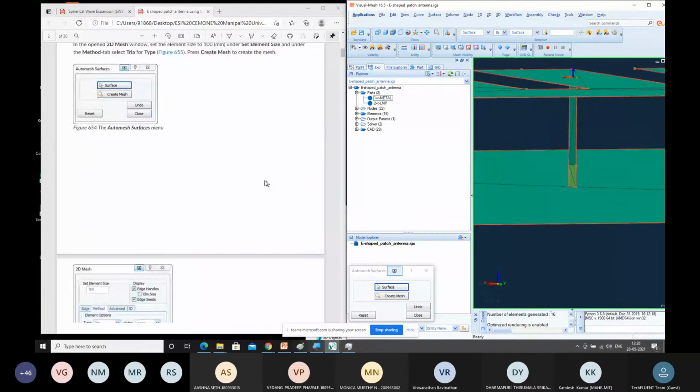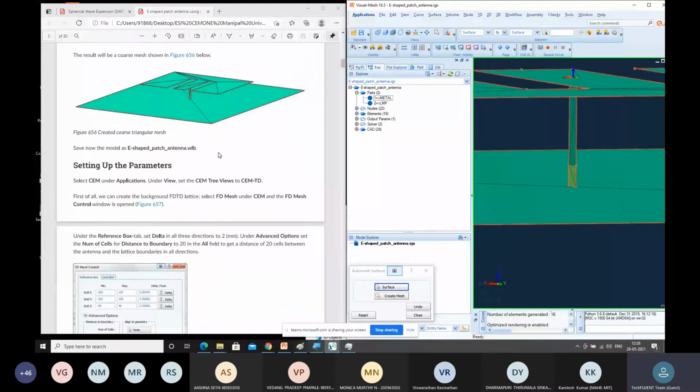Once we are done with this meshing, we have to switch to SEM parameters. In SEM parameters, as of now, we have to go ahead with the time domain solver. So you have to set up your mode into time domain. You're done with the meshing part here. This meshing doesn't add any other things, it's just a proper splitting of the existing structure. That's it. The main meshing will be done in the SEM window in the time domain solvers. So exclusively on SEMTD now we are working.